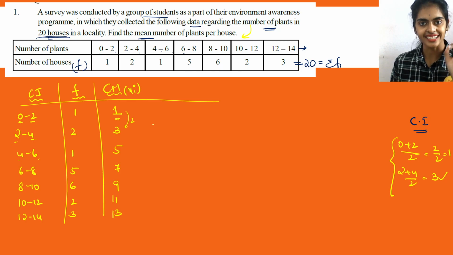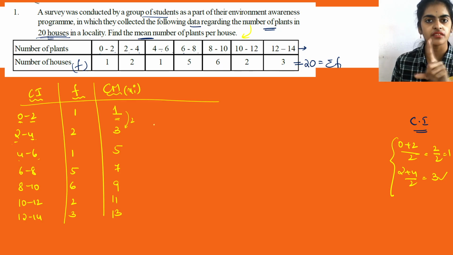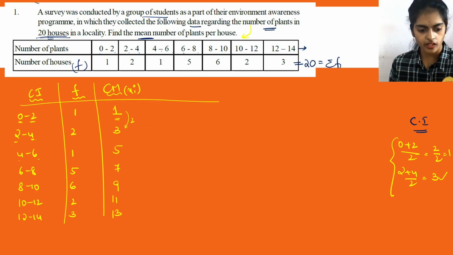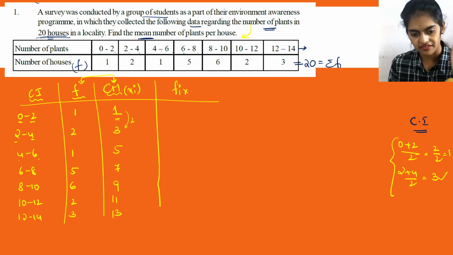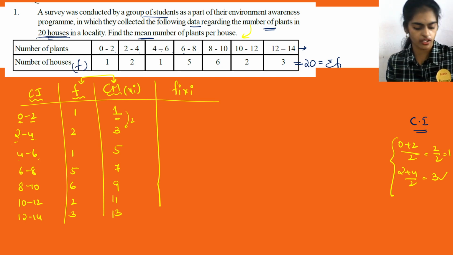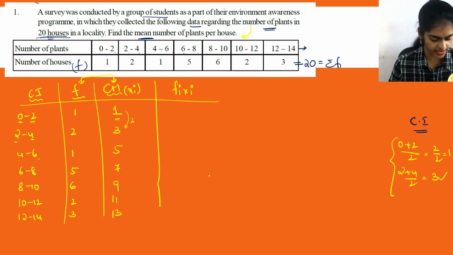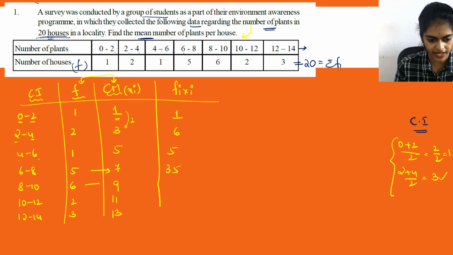Whenever the calculations are simple, you will go for the direct method. Here you can see the calculations are simple, so we can go for the direct method. What is the next step? You will multiply fi and xi. So fi xi, just multiply and see how much you are getting. 1 into 1, you will get 1 here. Then 3 2s are 6, 5, then 7 5s are 35, multiplying each of these. So this is 45. What did I write? It is 54.